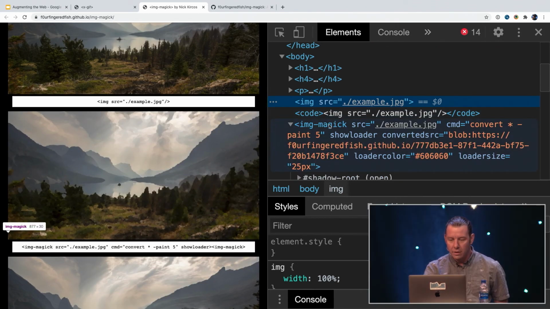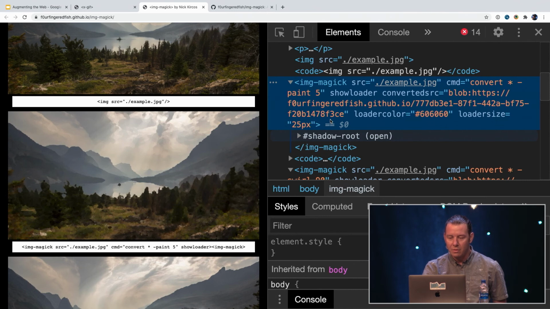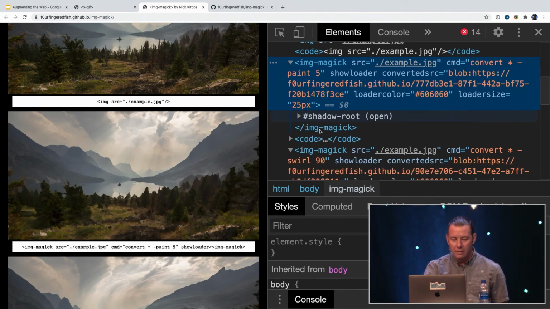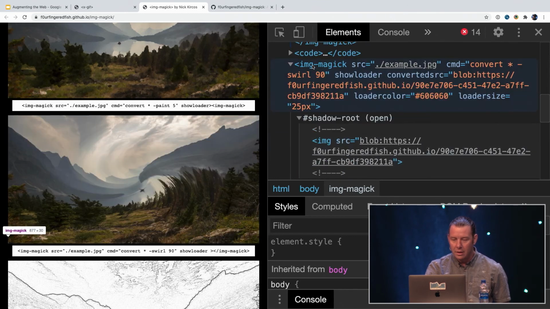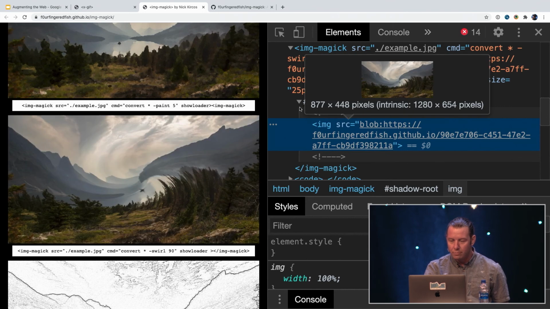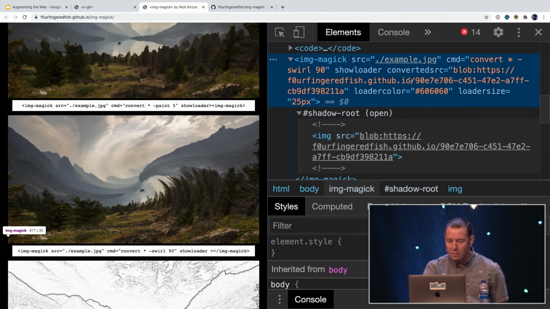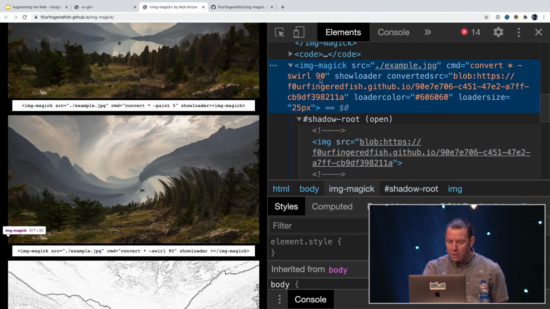And a little farther down, you have the ImageMagick web component. And this is calling convert, and it's using the paint filter with a setting of 5, right? And you go down a little farther, and you've got this image, and it's using the swirl filter.